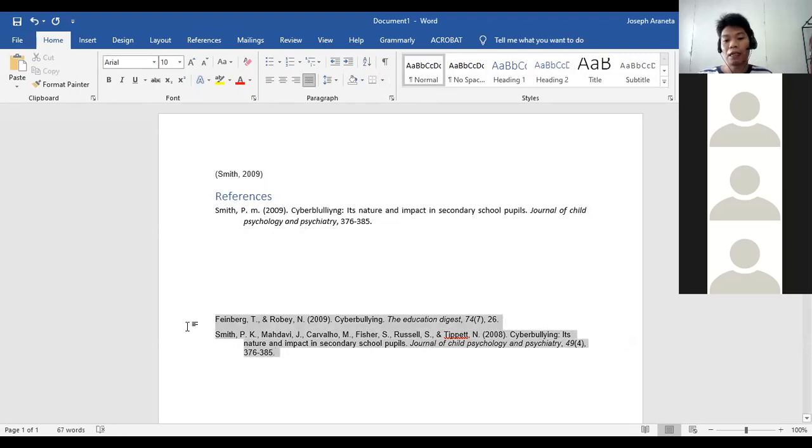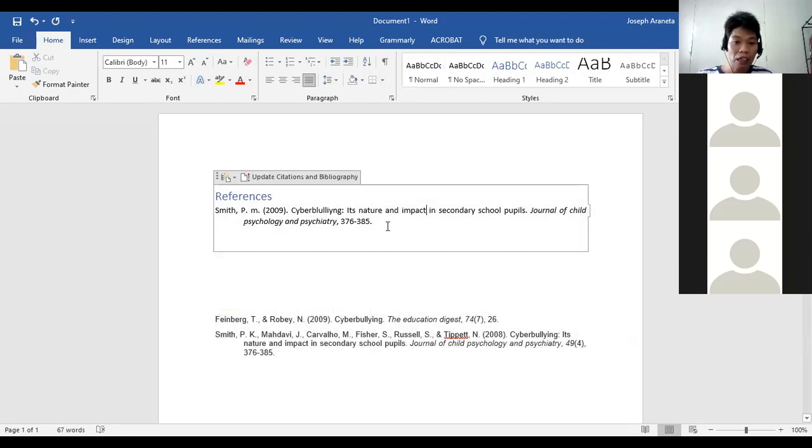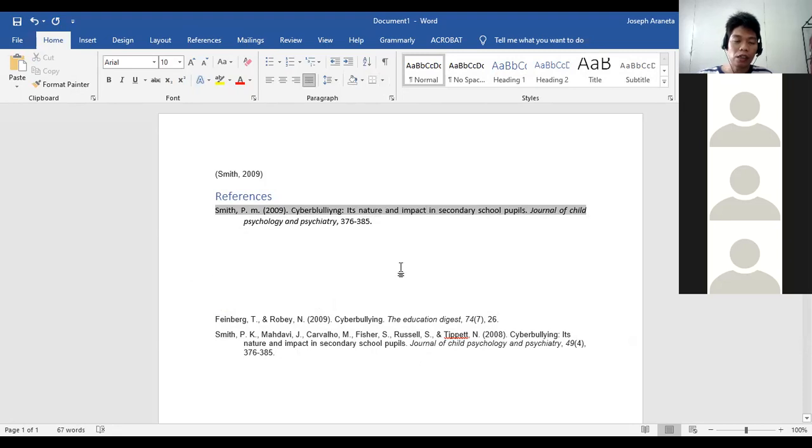Ang format pag i-paste ninyo sa Word document, wala siya, pero pag i-encode ninyo diri sa Word one by one, mas dali, pero depende sa inyo.